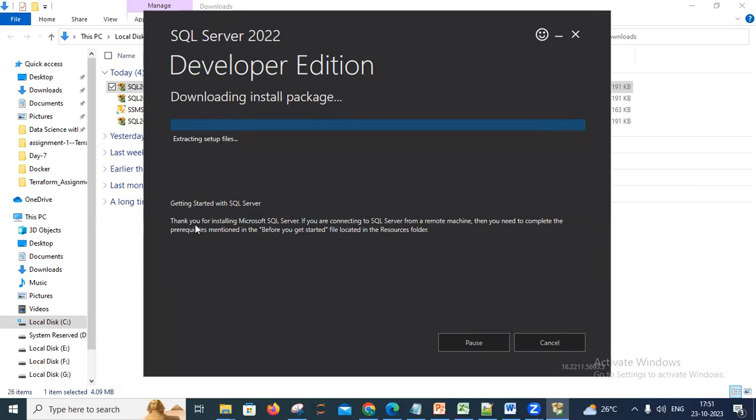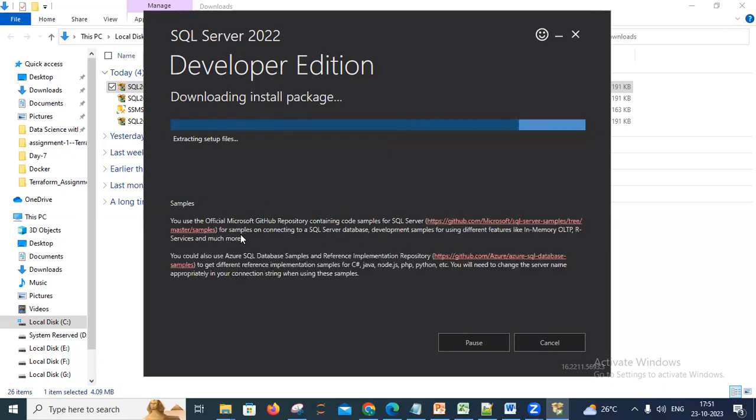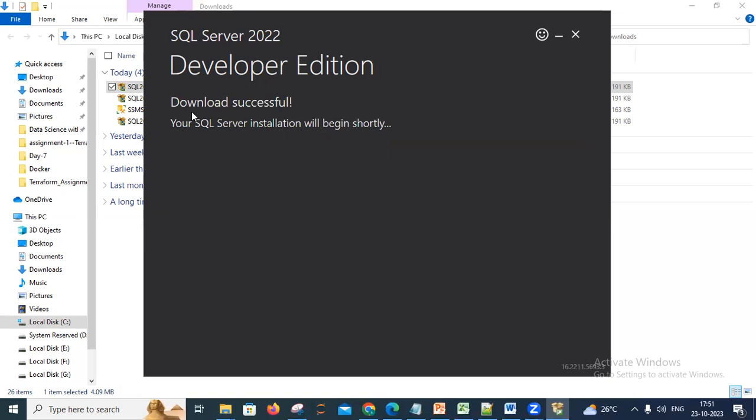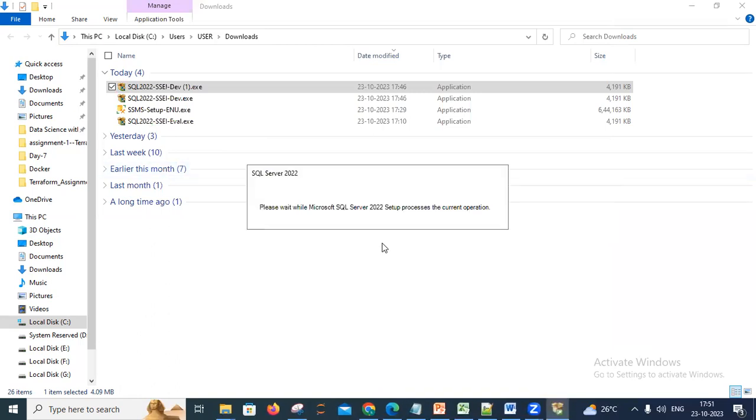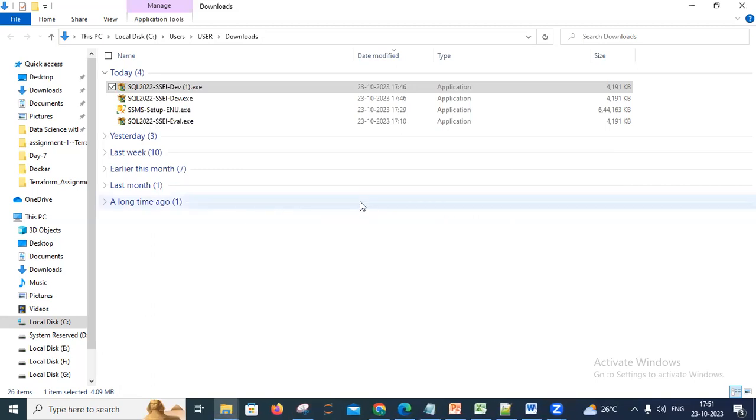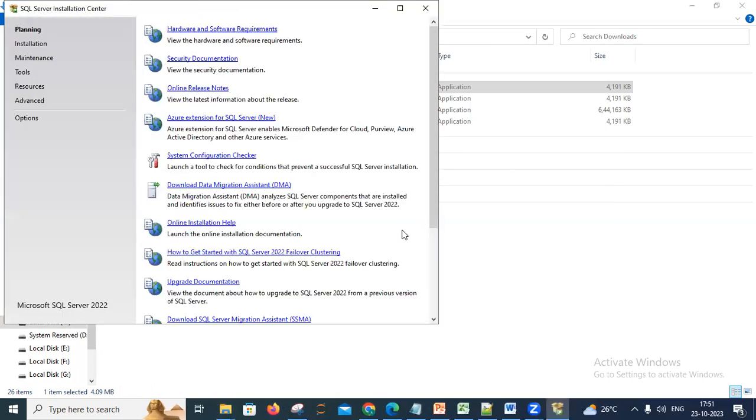You can see the message, thank you for installing Microsoft SQL Server. If you are connecting to SQL Server from a remote machine, then you need to complete the prerequisites. That is the information provided by Microsoft on the SQL side, and the message is coming that your SQL Server installation is done, and please wait is the current operation. So you have to wait,